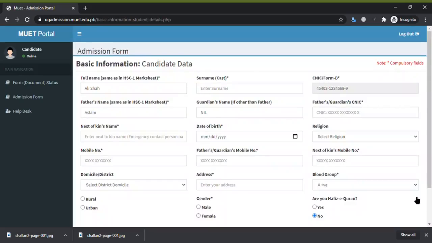Now, the screen will appear, where you have to provide your basic information. Insert all the details being asked.